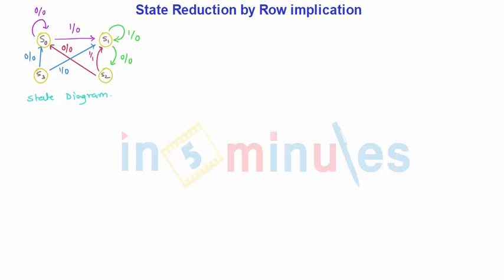The state diagram is given here, and how to read this state diagram is this: 0 by 0, 1 by 0 or 1 by 1. How to read this? This is nothing but input to output conditions given here. Let us consider the state S0. There are 4 states: S0, S1, S2, S3. Focus on S0. So violet lines are related with S0.